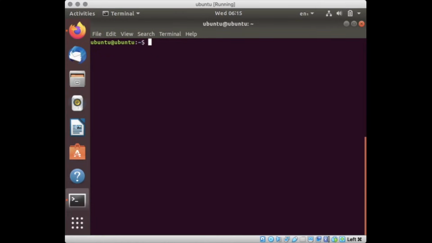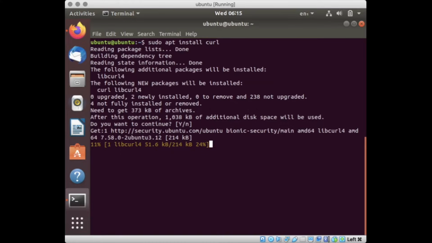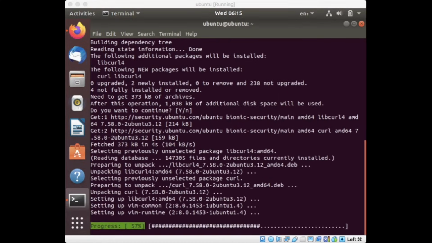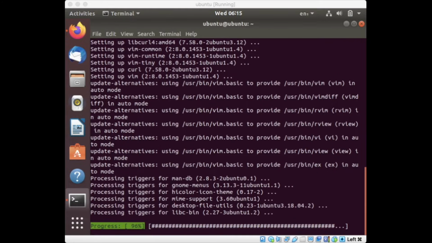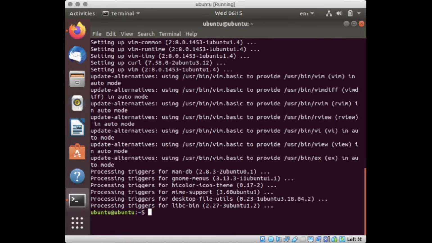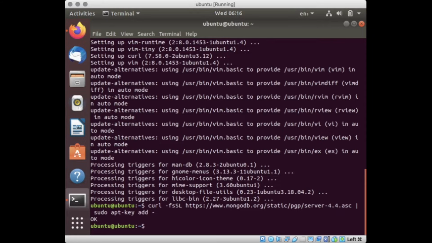Now let us add MongoDB keys. Once we get the OK, we have added the keys successfully.